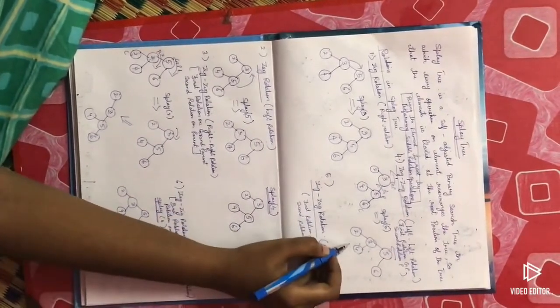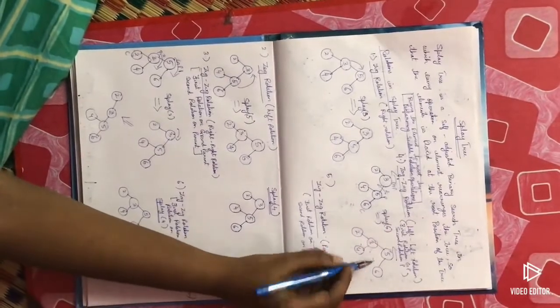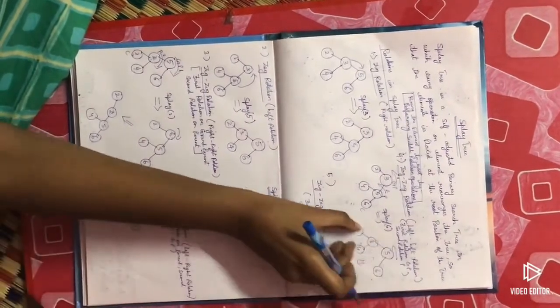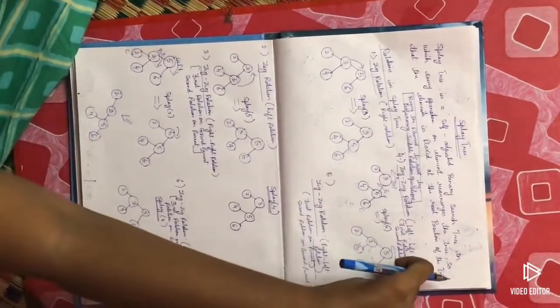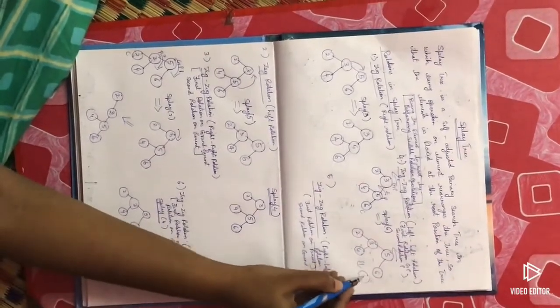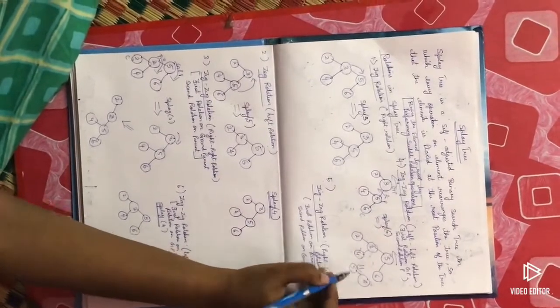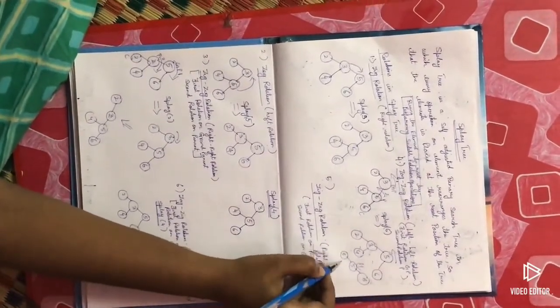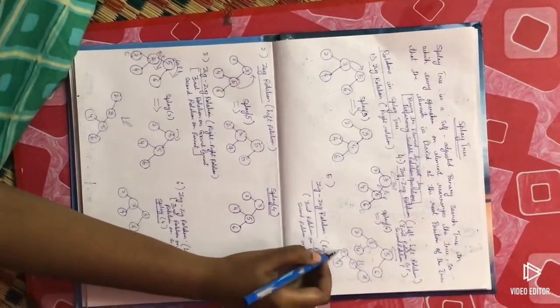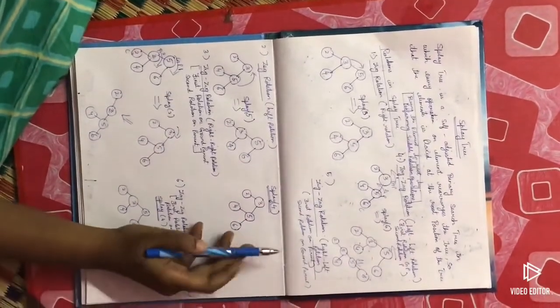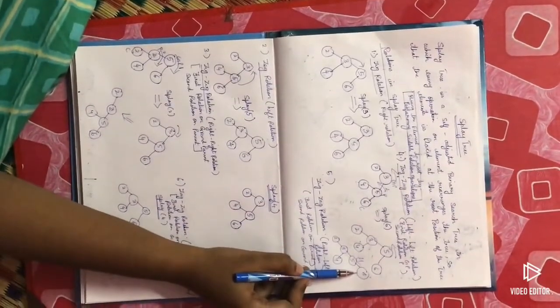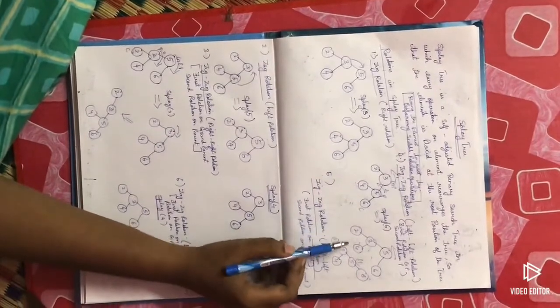So now the step will be, if I pull this 5 fully down, what will there? 6 will go to the root. Okay, so I have no space, I will write here 6, 5, 3, 4 and 2 will be here. So now 6 is splayed to the root and this is the zag-zag rotation.